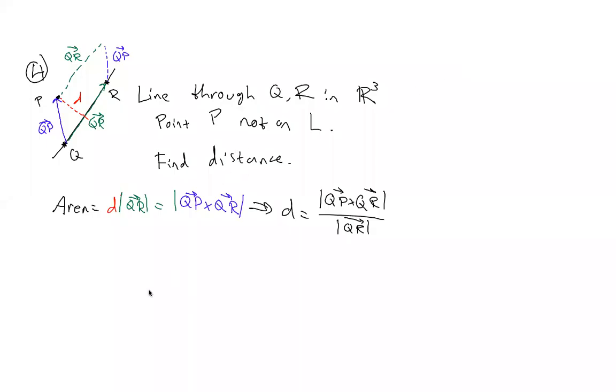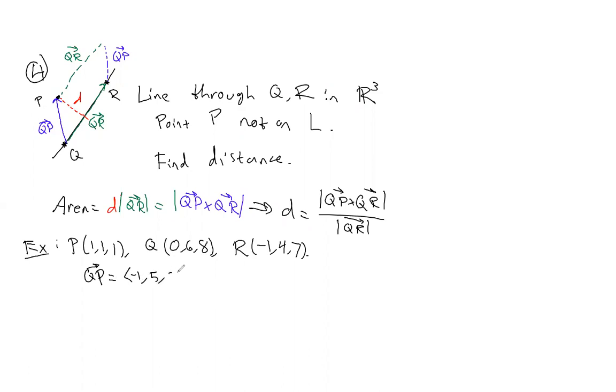Okay, so we know all that. Now the particular example that we had, which was good to do just so we all remember how to do cross products, involved the points P (1, 1, 1), Q (0, 6, 8), and the point R is given by (-1, 4, 7). Okay, well, PQ, or QP rather, not that it matters really. QP is 0 minus 1 is -1, 6 minus 1 is 5, 8 minus 1 is 7, and QR,